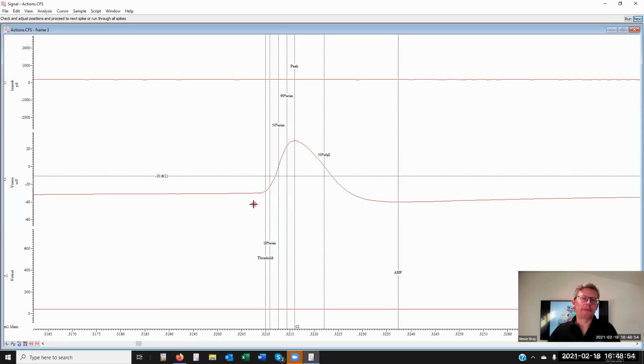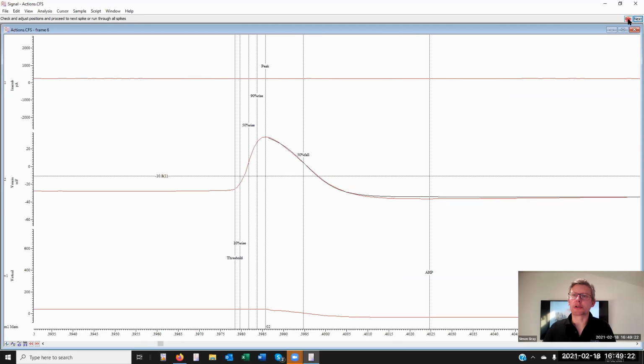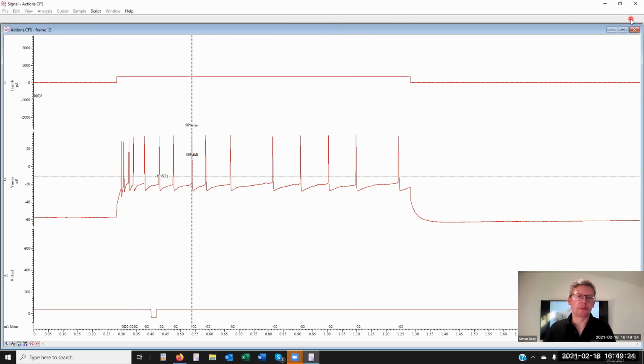Now, using the script, we've jumped to the first frame in the file, and we're using chan search as a command, which is equivalent to the cursor search command or active cursor modes to find these positions. So peaks, the repolarization percentages, so 50% rise, etc. And I can move to the next peak that we find, and if I just allow it to run on,